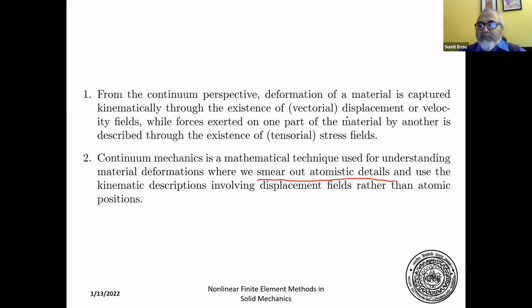So you have vectorial displacements or velocity fields, and the forces exerted on one part of the material is transmitted to other parts through the existence of tensorial stress fields. And again, these are continuous quantities. They are continuous functions of position and possibly functions of time as well. But the discreteness of matter is completely thrown out of the window. So with that assumption, with that understanding, we will